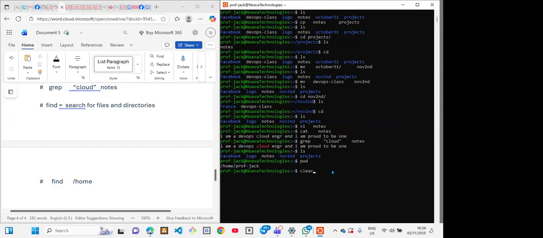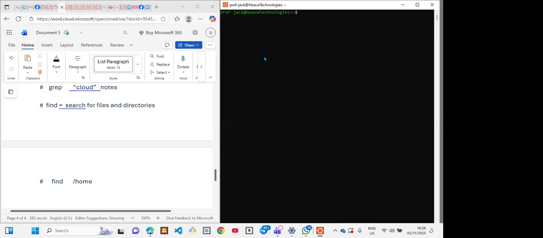Let me clear my screen. So when I say /home, you should understand that I'm talking about the home directory. If you want to look for a name called so and so, and we run ls here, we are going to see logo and all the like. So imagine we have about 200 files here. You need to start looking for the specific file, but you can decide to run find